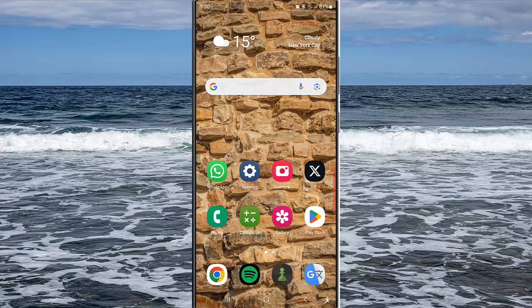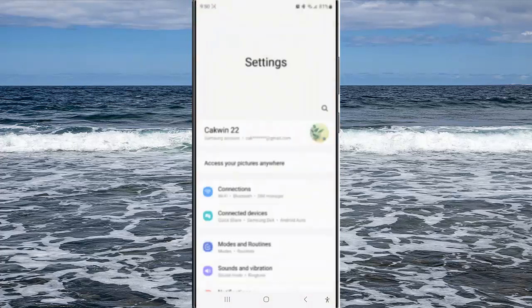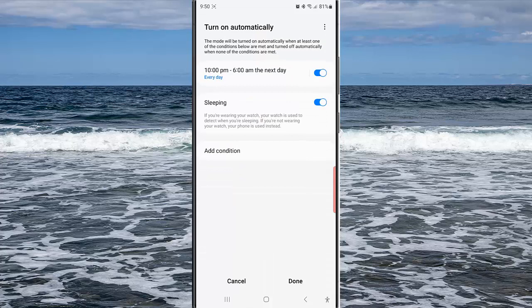To remove vibration when the wake up alarm of the sleep mode rings in Samsung Galaxy S23 Ultra, swipe down the top of the screen and then tap the settings icon, tap modes and routines. While you are in the modes screen, tap sleep, tap turn on automatically, and then tap your sleep schedule,